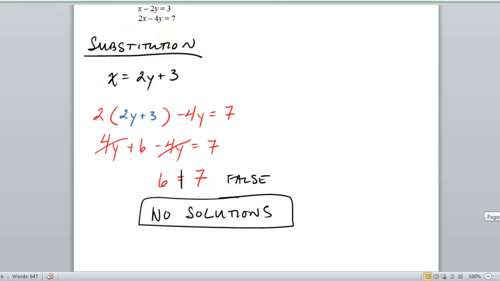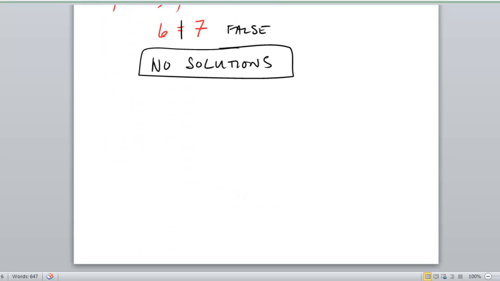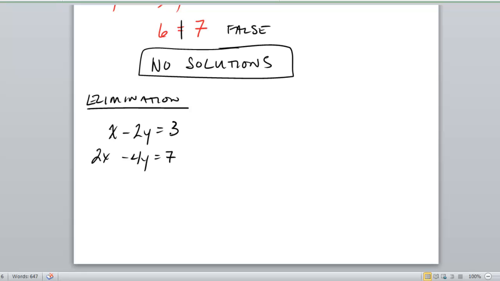Now, if you went the elimination route, I'll go ahead and work this from an elimination standpoint so you can see what your answer would actually look like. So I'm going to start here. I'm going to multiply this entire first one by negative 2. And so when I do that, I end up with a negative 2x plus 4y equals negative 6. I'm just going to rewrite equation number 2,